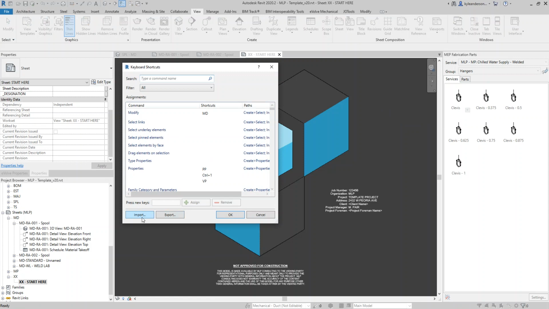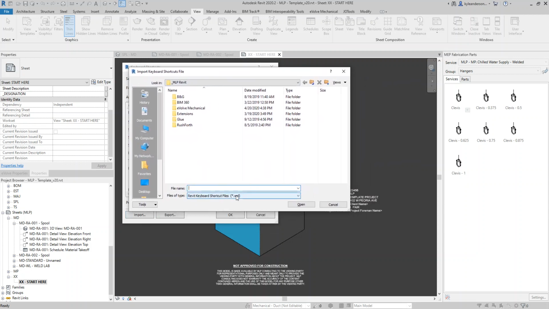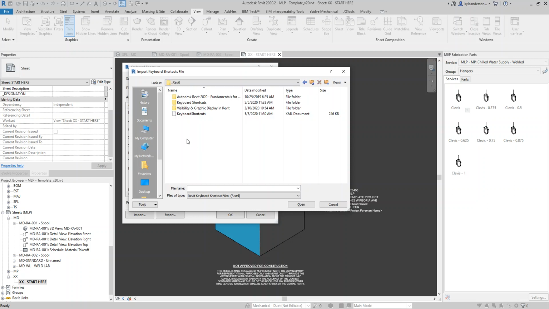You can either import a file, somebody gives you their file, or you're looking for your old one. You hit import and what it asks you to find is the XML file, Revit keyboard shortcut files, XML. And say you save this on your desktop or it's in a central network location. In this case, ours is located at a central location. Keyboard shortcuts. I'm gonna go here. This is the latest and greatest. I'm gonna hit open,